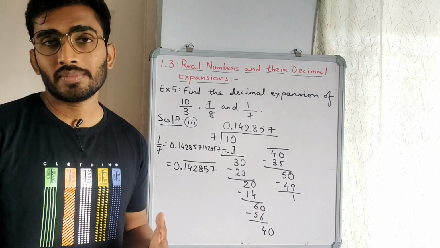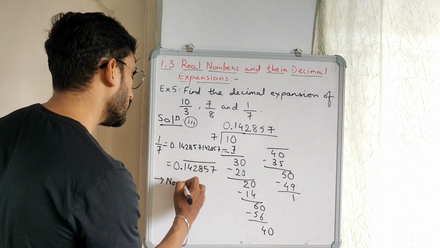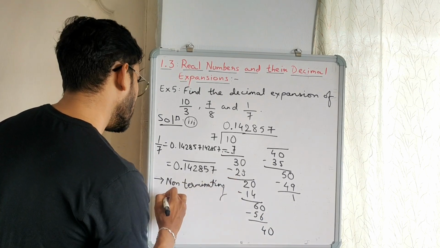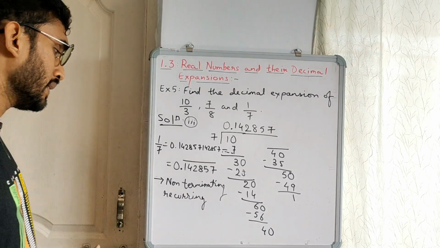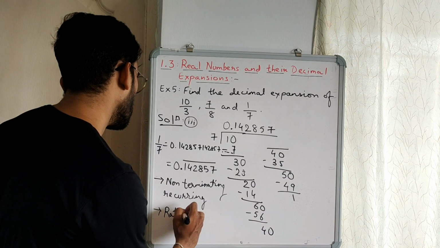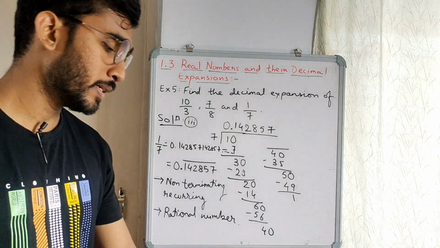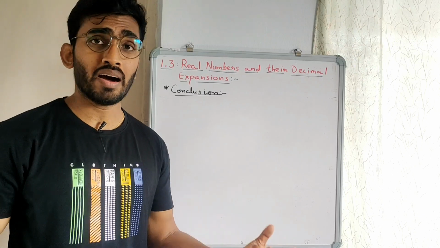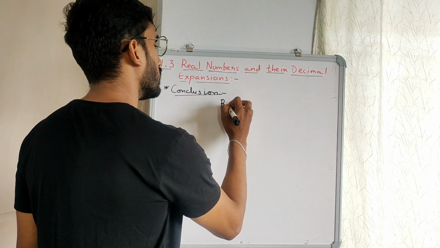And what about the decimal form? The decimal form is nothing new, it is the same which we saw earlier. It is non-terminating, it is not going to stop, but it is recurring. Non-terminating but recurring, and as a result this number is also a rational number. This is also a rational number. So dear students, what is the conclusion after this particular example? We understand here that